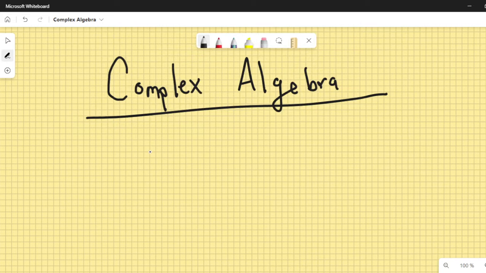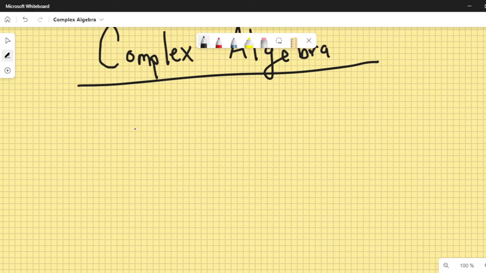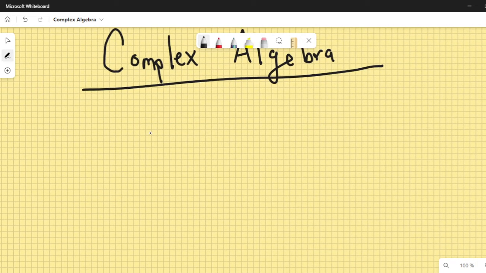Complex algebra. We're just reviewing the basic stuff, the basics of the basics. So we already talked about this in the classroom a little bit. Let me recapitulate. If you, for example, take a real number